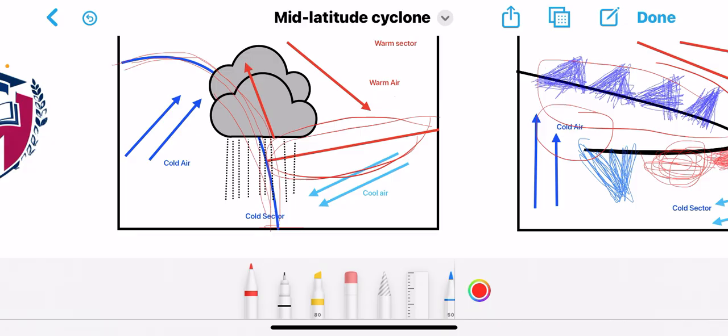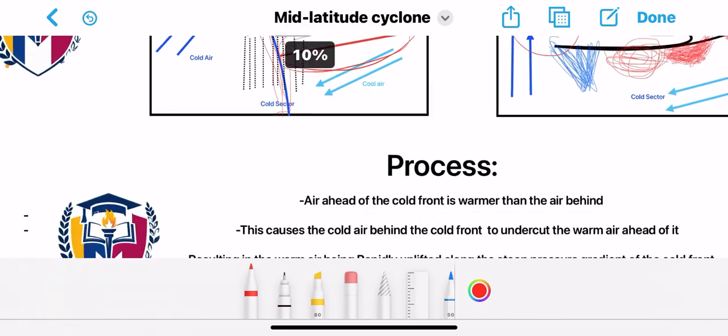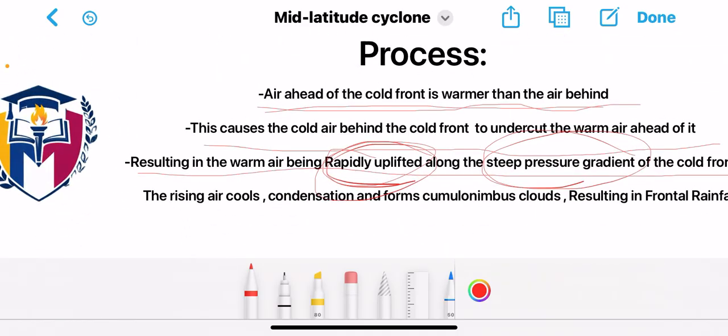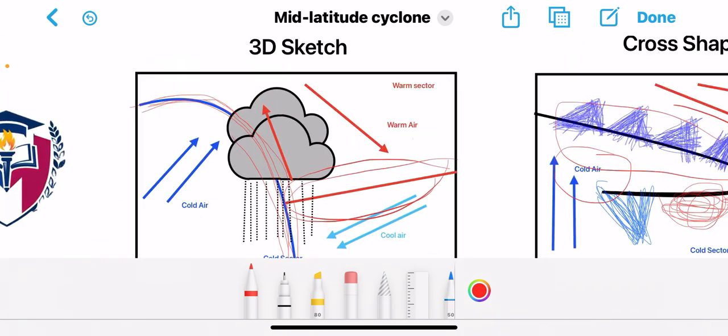Now let's not focus on that. Look at this cold front. You can see that it is creating a steep slope. Now this steep slope, remember, because we are dealing with air, it means we are dealing with pressure. When we are dealing with slope, it means we are dealing with gradient. Because this is a steep slope, we refer to it as a steep pressure gradient. The cold front creates a steep slope for the warm air to be uplifted rapidly. That is why we say it results in the warm air being rapidly uplifted along